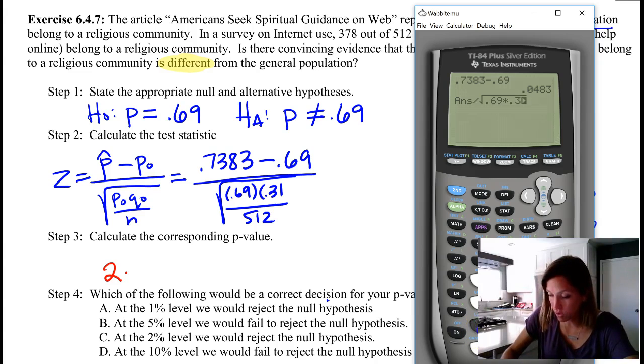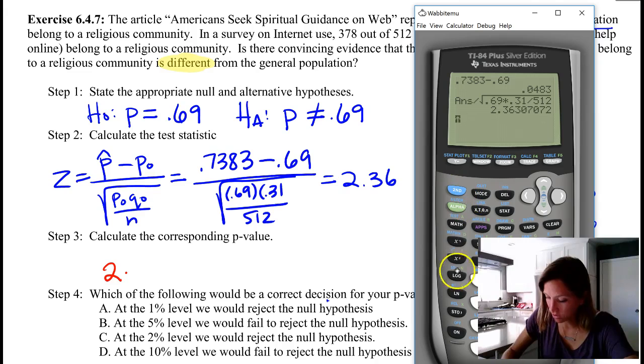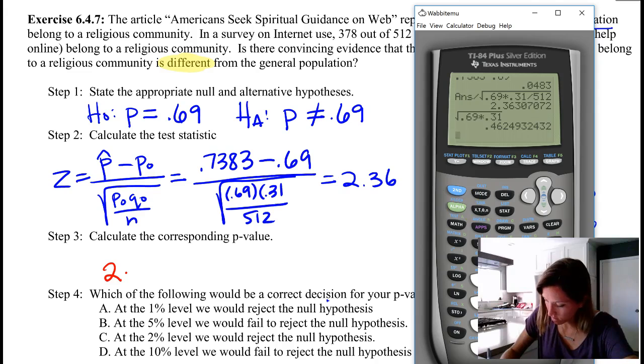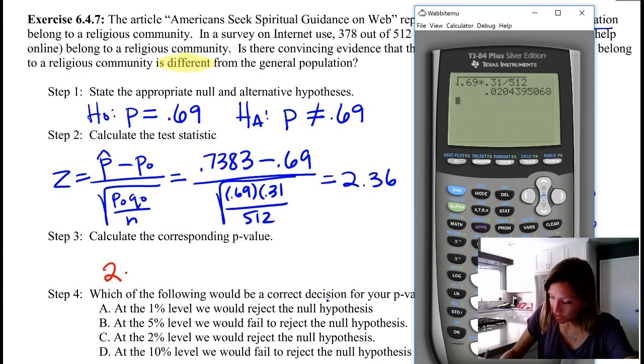I've noticed a lot of the people who are doing this in steps, a lot of times what students like to do, so this is 0.236 or 2.36, is what students like to do is instead to actually do the numerator and the denominator separately. And the issue is if we're going for 4 decimal places, or in this case 2 decimal places in the end, we're dividing by, oops, that's wrong. Let me bring that back. Let me try again to bring that back and correct it. Divided by 512. If you do this in 2 little steps, so this is 0.0204,